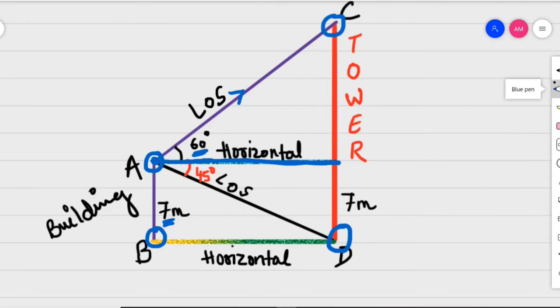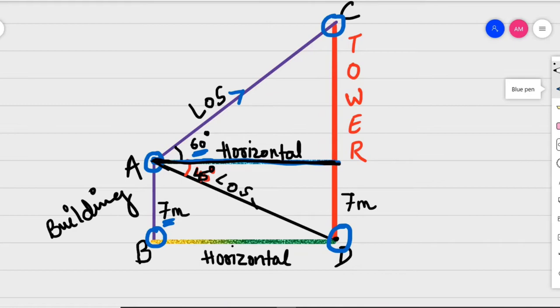That means from A, when you are looking down to the bottom, that is to point D, to the bottom of the tower, the angle of depression is 45 degree. Okay, this is 45 degree. When it is 45 degree, you have to find the horizontal also. So this horizontal is serving both purposes, for the angle of elevation as well as for the angle of depression. One horizontal should always be there, whether you are talking about the angle of elevation or the angle of depression.